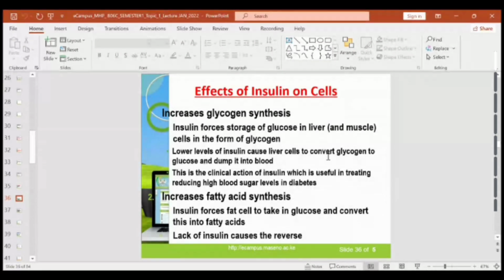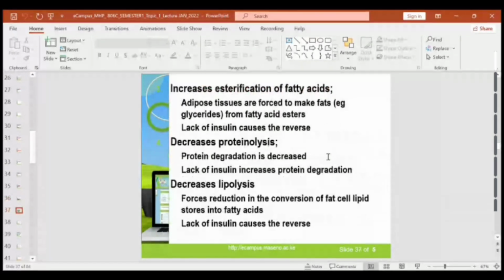Another process involved is the increase in fatty acid synthesis. Your body, as I said initially, will utilize the excess sugars in the normal metabolic processes, but the excess of it will have to be converted into fat and deposited in the cells in the extreme parts of the body. And of course, that is how you end up gaining weight or becoming fat, which nowadays some can consider body shaming, but in physiology, we don't consider it that way. The process is by increasing esterification,